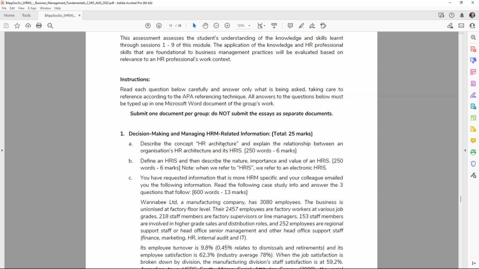Your first port of call must be your textbook. So the kind of questions and answer situation around this module, and also the business management fundamentals 1 module, is that we specifically ask you to convey your understanding of the prescribed material that relates to certain context. By all means bring in some other stuff, but do use your textbook as the base resource.